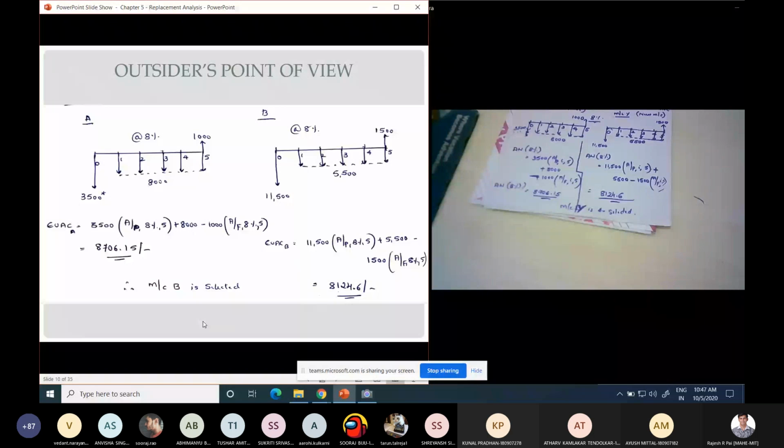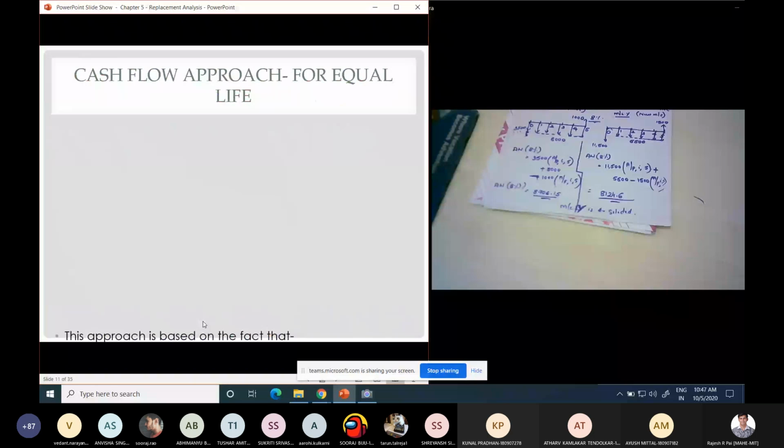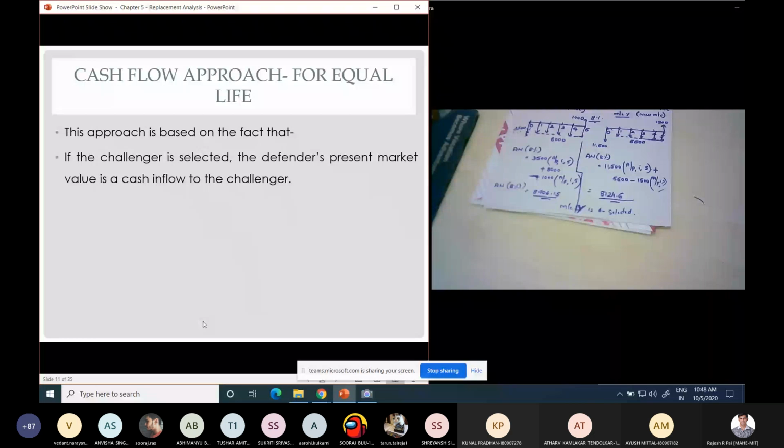next slide. So cash flow approach, I will just give the introduction. Okay, we'll solve the same problem again. In the case of the cash flow approach, it is basically used when you have equal service life. This approach is based on the fact that if the challenger is selected, then the defender's market value will be a cash inflow to the challenger. Okay, say considering the same numerical,